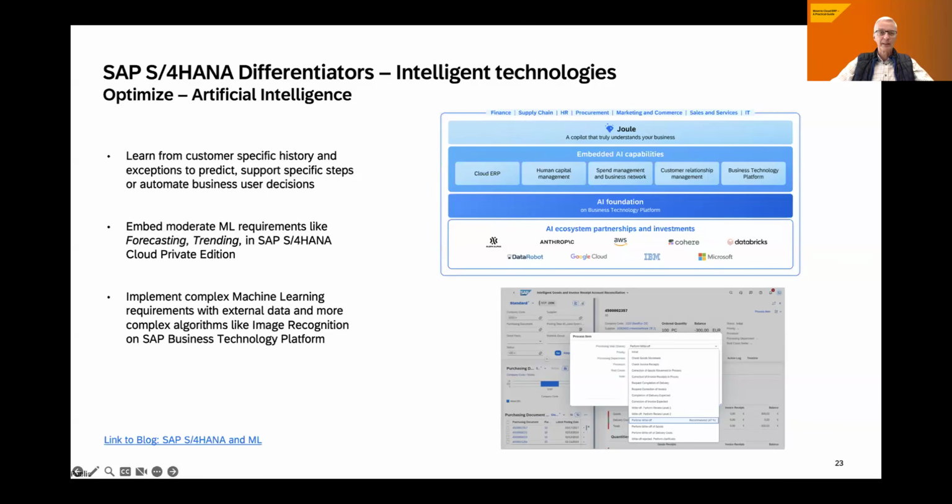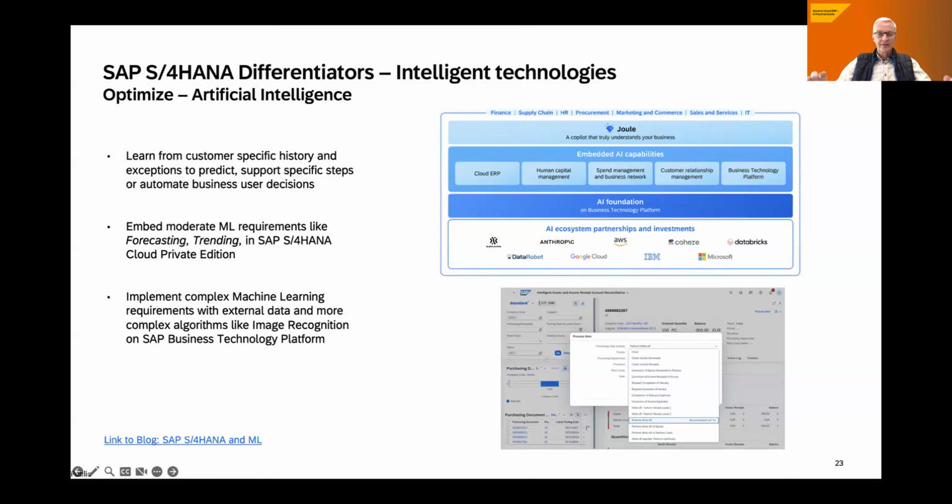We've all heard of and probably played around with large language models. Then we've got the classic data analytics based models, which are also, by the way, part of our HANA platform, the predictive analytics integrator. And I'm sure there are defined scenarios when which of these models is best suited. So hardwiring the use cases with the technology is not a good idea, and that is what you're currently seeing on this screen here on the upper part of the slide. Our architecture for the intelligent technologies is intentionally open.